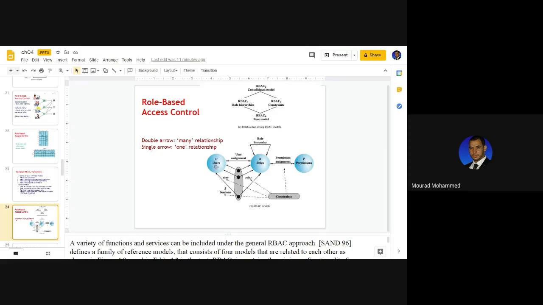So users have many relationships with roles because we have many users. A student, how many students we have? So many. For example, a teacher, what are the roles he has? So many. So there is a many-to-many relationship between the users and roles.